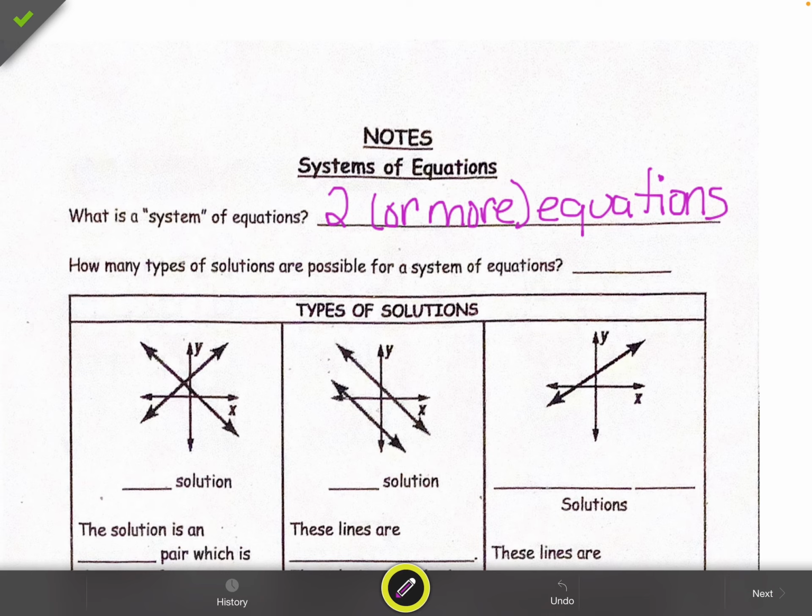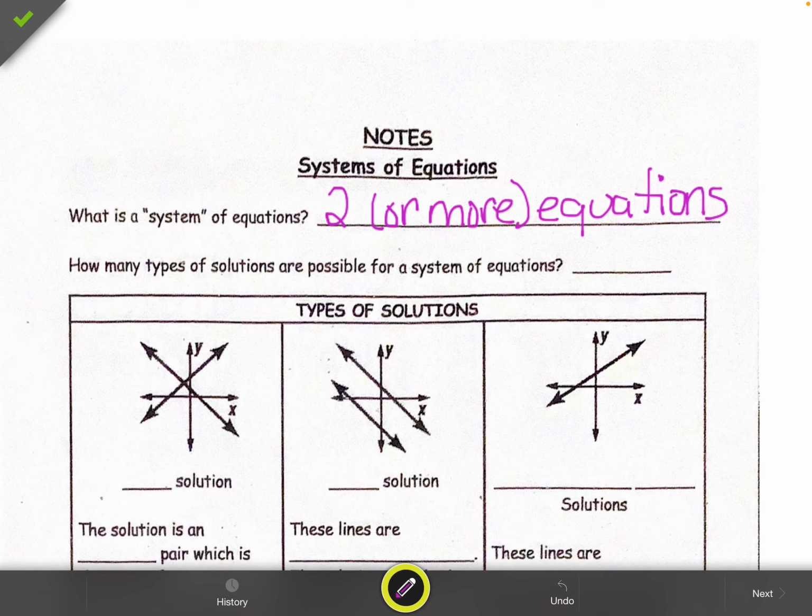solutions. Solutions to a system of equations are what values work in all of the equations given. Has to work for all of them. And so what we're going to be working with, we're only going to be working with two equations. A system can be more than that, but for us, we're just going to be working with two. And so there are three different types